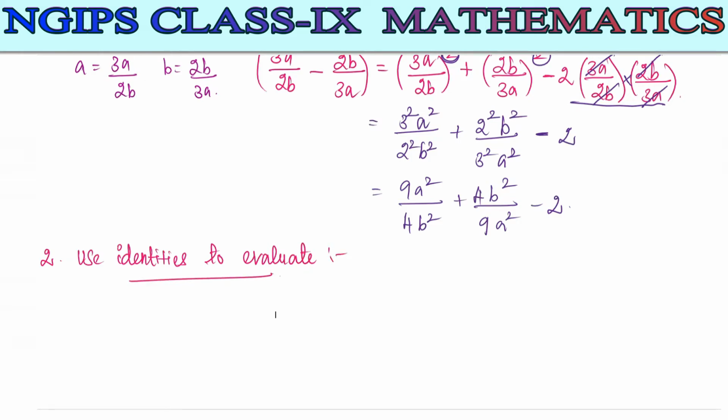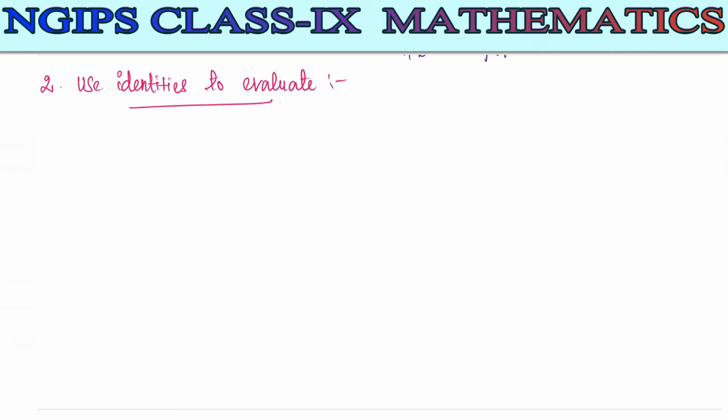So here in this condition they have given, the first one is 998 whole square by using identities. Identities means when they have given the numericals, you make it a round of the number. So 998, when you round it off, you will get 1000. It is closer to 1000, so we need to subtract some value to get 998.